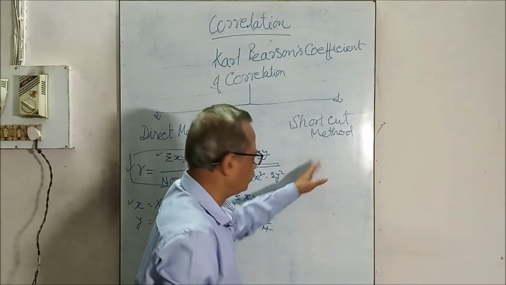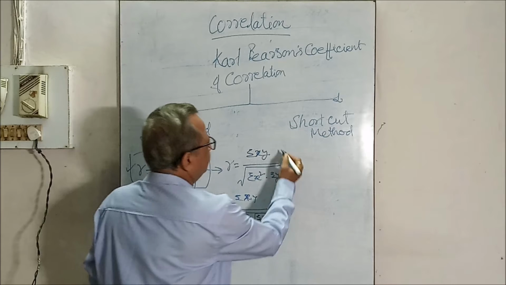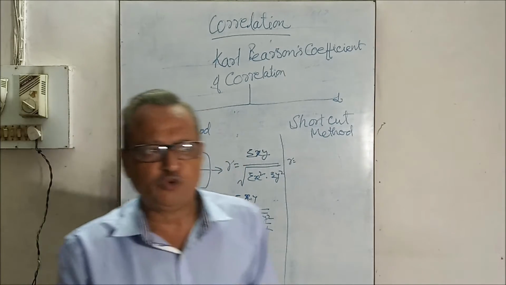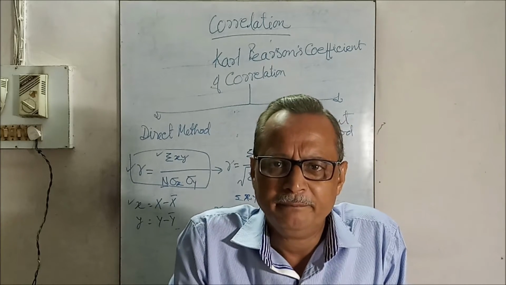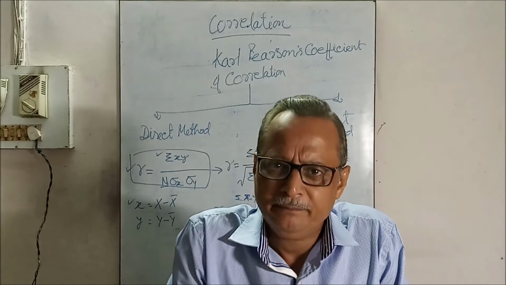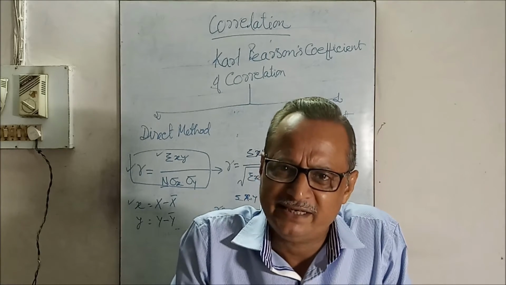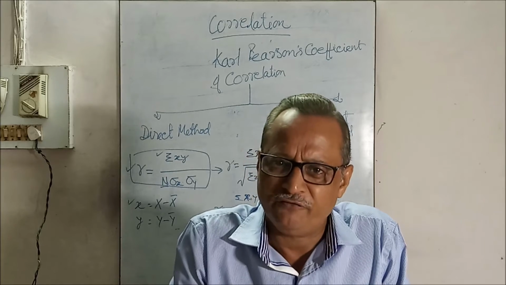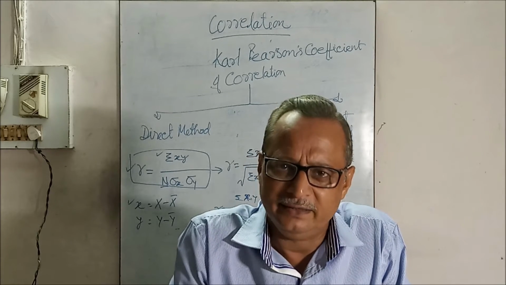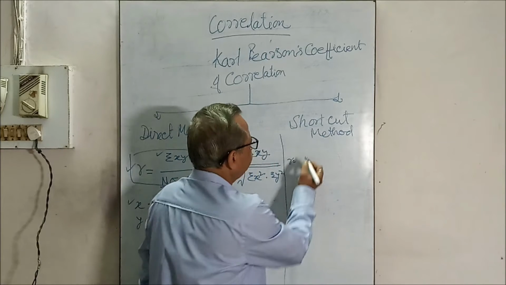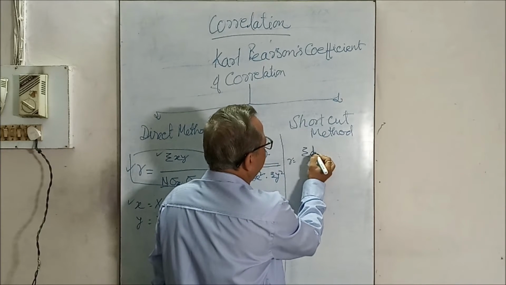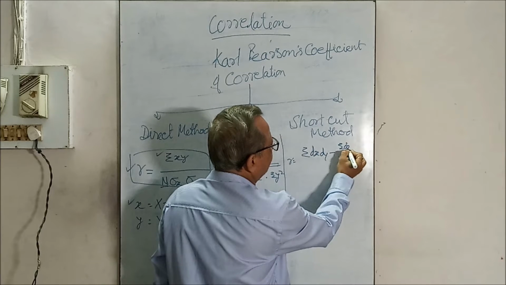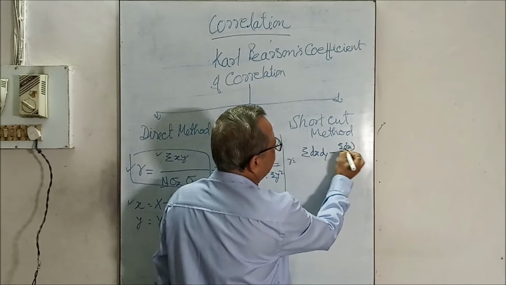The shortcut method is also used. In the shortcut method, the actual mean is not used, but the assumed mean. We will assume the mean of the x series and y series, and then put it in the formula. And that formula is the sum of dx dy minus the sum of dx upon n